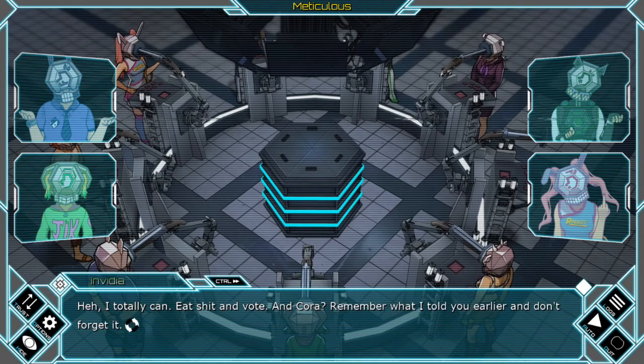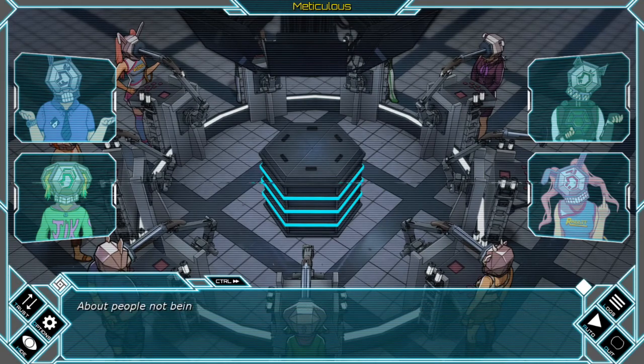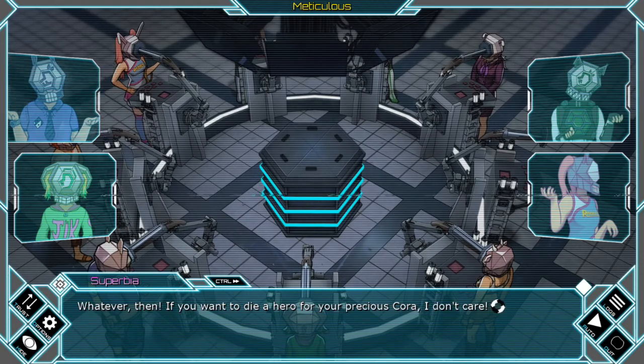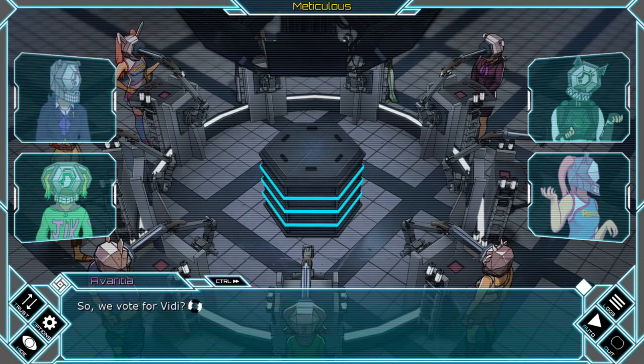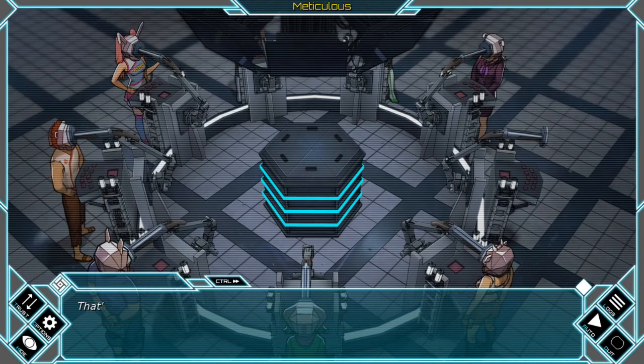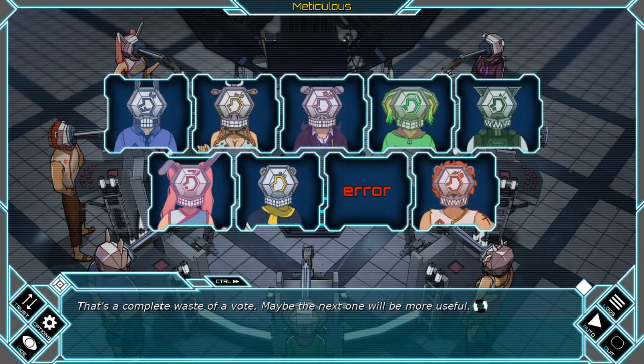Remember what I told you earlier. Don't forget it. About people not being able to trust or something like that, was it? Why would he bring that up now? Whatever then. If you want to die a hero for your precious Cora, I don't care. So we vote for Vidi? Yeah, sounds like it. That's a complete waste of a vote. Maybe the next one will be more useful. Alright, so we can't...